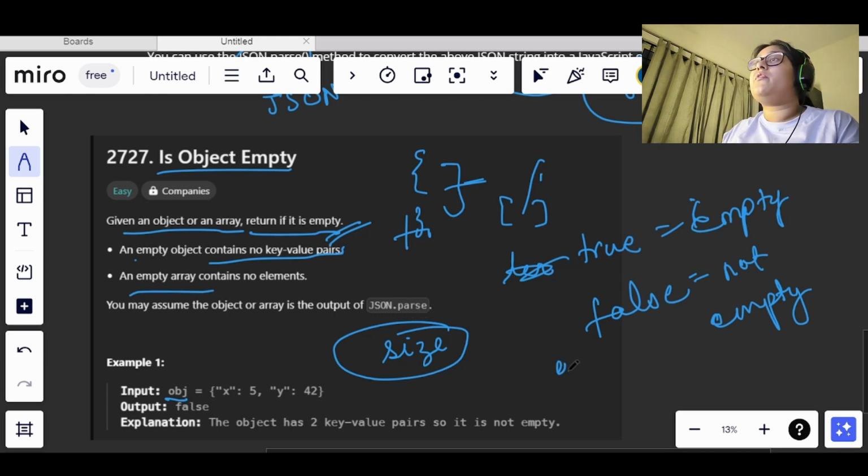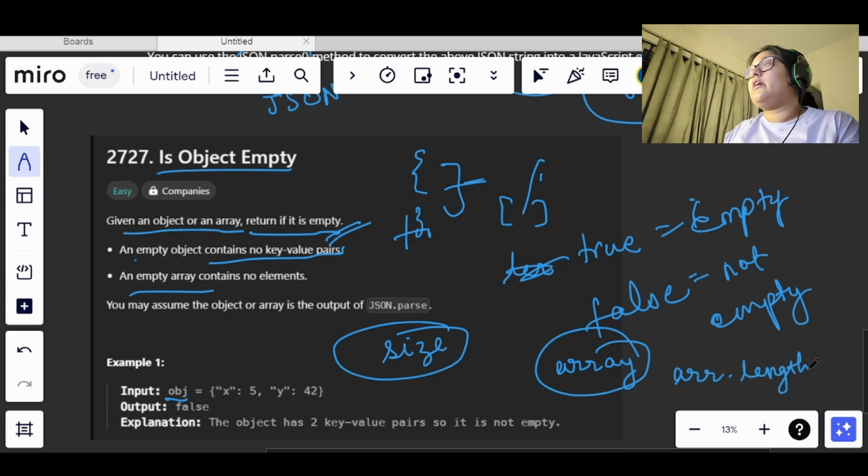And if we knew it would be an array, say an array named arr, then we could have taken arr.length and checked in a similar way. But now we see that it can either be an object or an array, right?